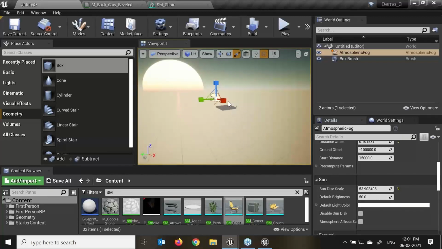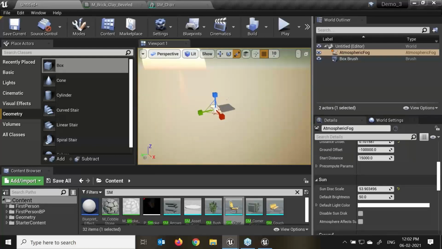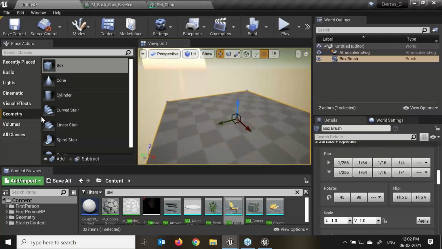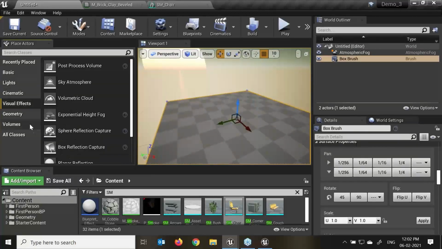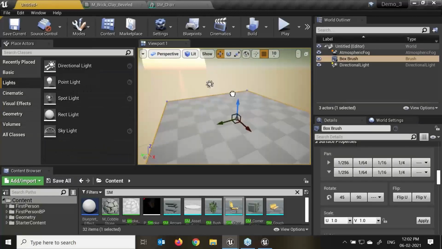Now if you see, whenever I open Unreal Engine, by default there are atmosphere light, directional light, the BP fog and the haze. This is default. If I want to make my own light setting or parameter, I also can do that. So for an example, if this is my scene, now what I'll do, I'll bring a directional light into my scene.